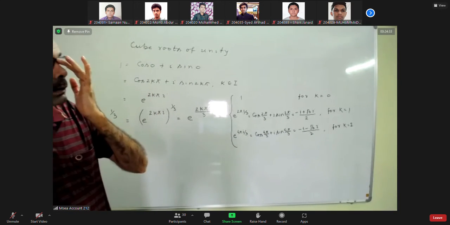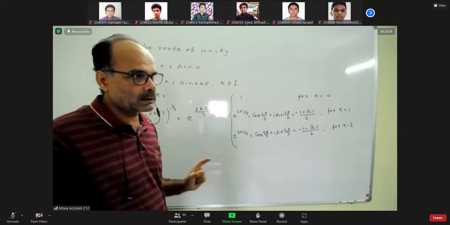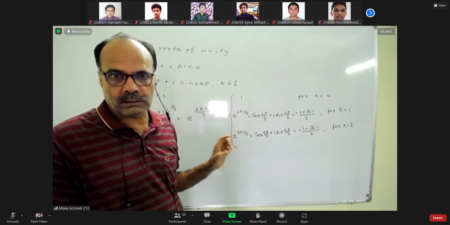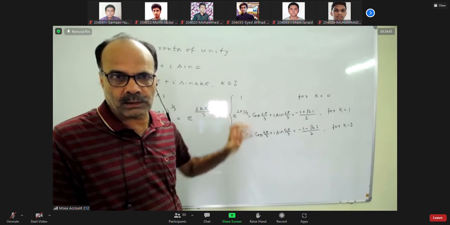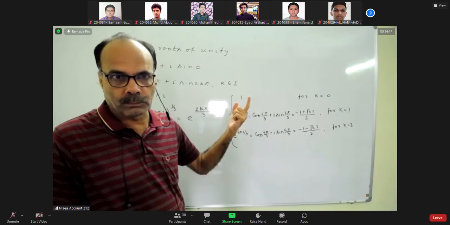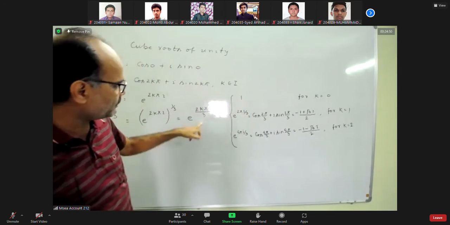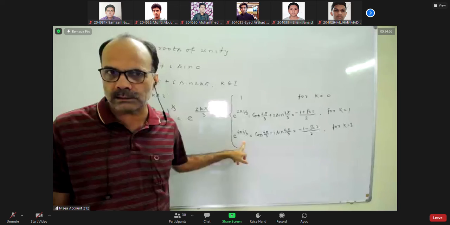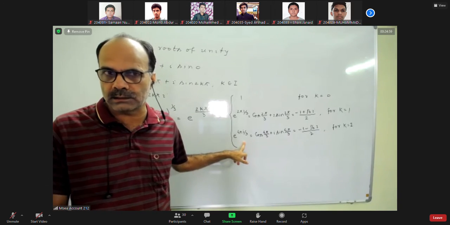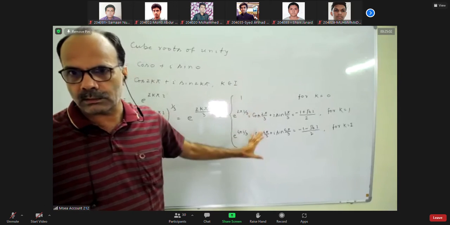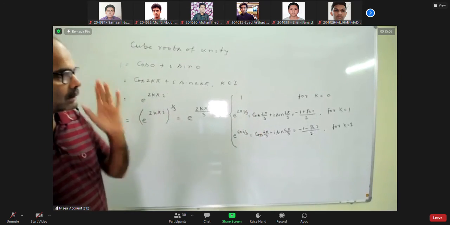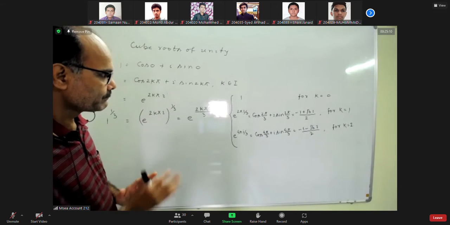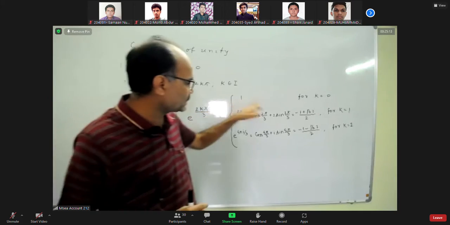See, in the first class or second class, we have discussed the argument of z should be in the interval minus pi to pi. That is for principal argument. If they're asking principal argument, then we have to be restricted in that domain, minus pi to pi. But here, this is a complex number whose argument is 4 pi by 3. It exceeds pi. So here we will take argument simply. It can be anything. There is no restriction.